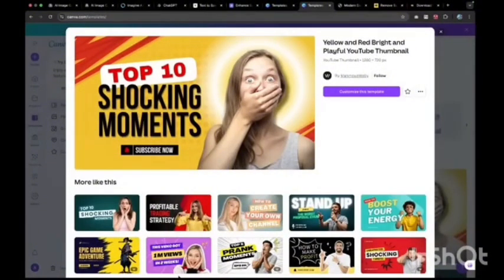It means that you can open it and edit the information that is put there. Most of them are completely free. There are some that require you to pay, but you do not have to pay for most of them. As you can see, these are all free. When you see a pro icon on them, you know it's paid. When you see that they don't have a pro icon, they are completely free for editing. All you have to do is just click customize, and